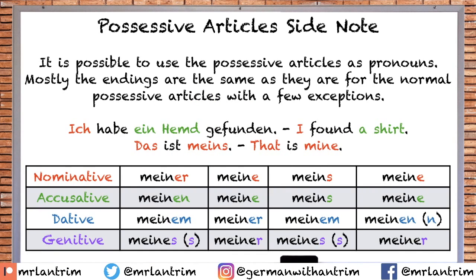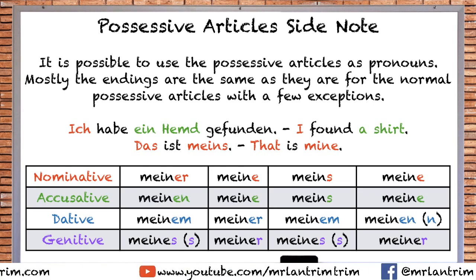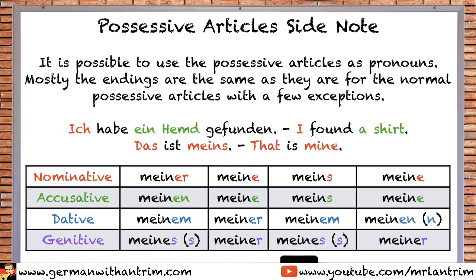As I mentioned before, we have that side note of those possessive articles. You can use these possessive articles as possessive pronouns, which is something slightly different. So, ich habe ein Hemd gefunden. I found a shirt. Das ist meins. That is mine. Okay? This is slightly different. These are pronouns replacing a noun, which means that in this case we're talking about ein Hemd, a shirt, which is a neuter noun. And the neuter ending in the nominative case here is using the s at the end of